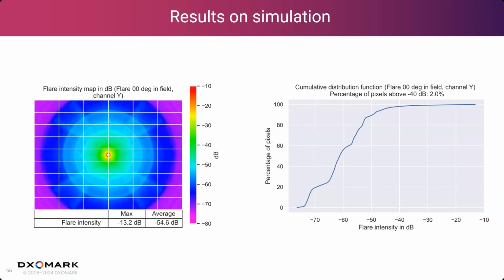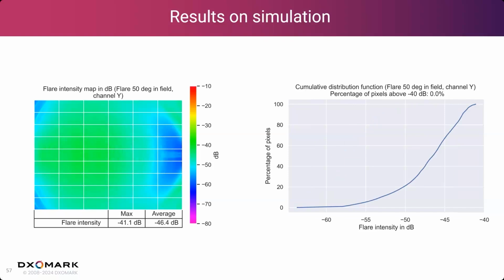We can clearly see the flare is really high around the light sources and then decreasing as we go out of it. And this shows well in the cumulative distribution function, showing the number of pixels that have a certain level of flare. If we go to the next slide,